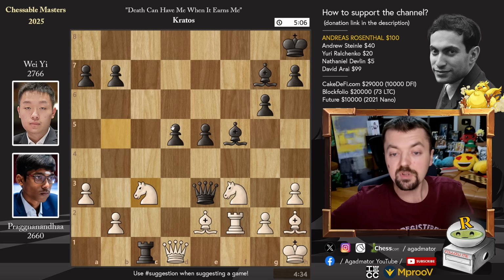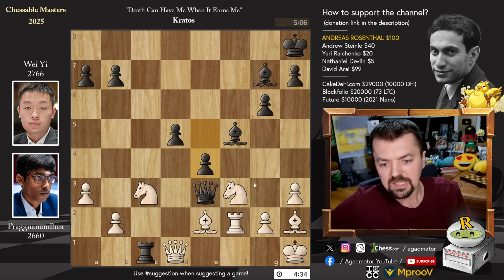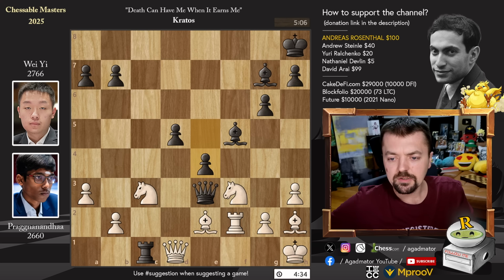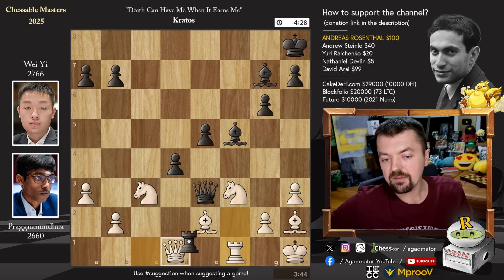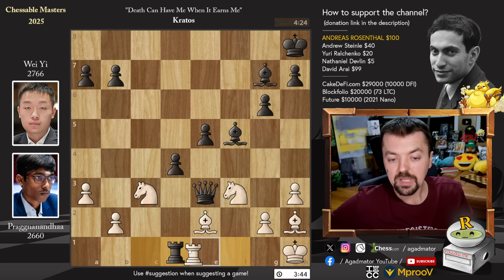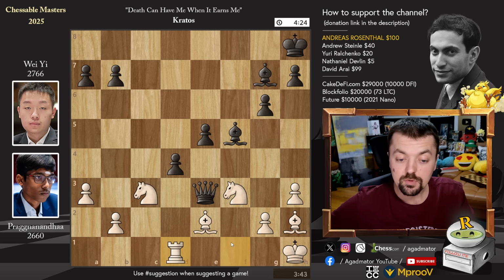So pawn to d4 is what Wei Yi goes for. Pawn to e4 would have been more precise, but okay, it's a little time on the clock. You can't be that precise. So pawn to d4 was played by Wei Yi. We have rook back to f1, and now he goes after the queen. Rook captures. We have rook captures on d1, and now the problem is, as he allowed this rook basically to